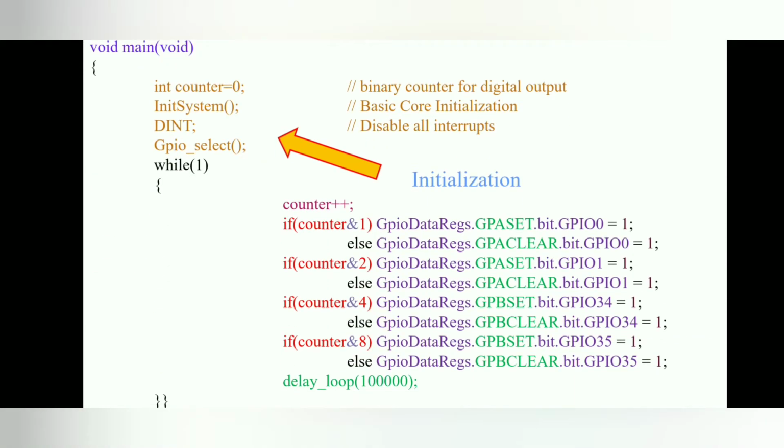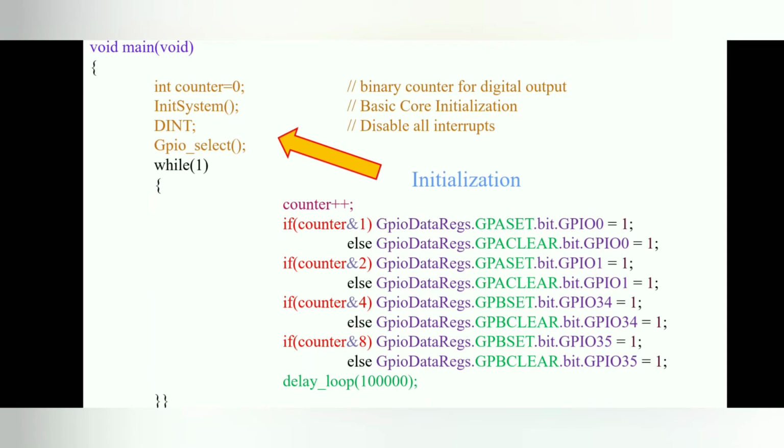So this is our main code. After initializing all the definitions, we come to our main code. First we initialize the counter, because based on this counter our LED will blink, and we need to initialize the system control registers. We don't want to use any interrupts, so first we disable all the interrupts, and after that we connect the GPIO pins to our system. We use an endless while loop because our LED counter should never stop, unless some fault or glitch in the program or some external fault comes to our system. Until then the loop will operate continuously.